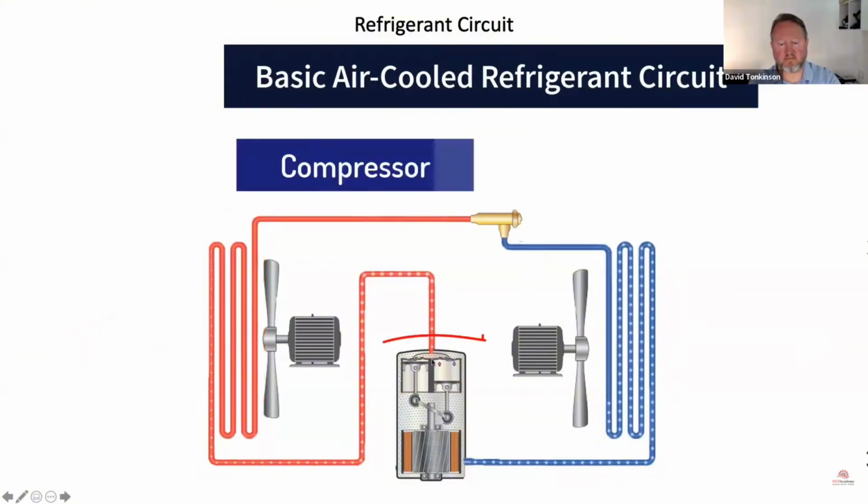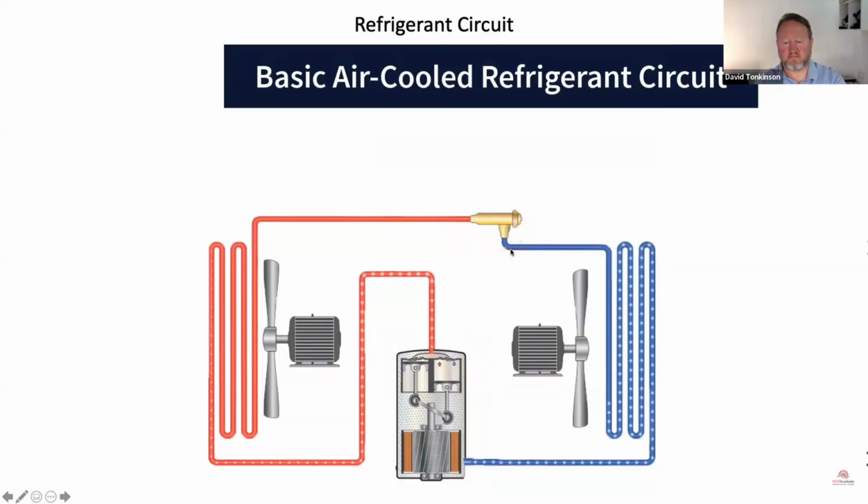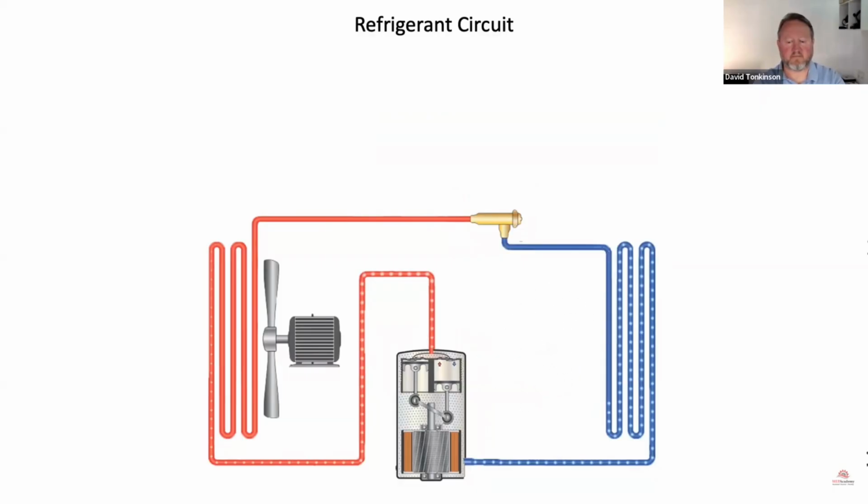And then you have the compressor, which moves the refrigerant around the system. And then you have the expansion valve or metering device that controls the amount of refrigerant that goes from the high side here in red to the low side in blue based on the demand required. Now, if we want to make this into an air-cooled chiller, then we need to get rid of the fan